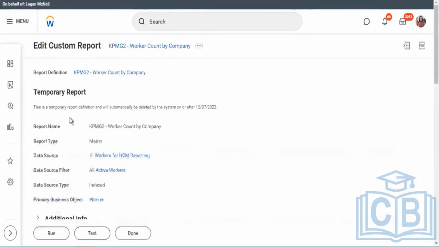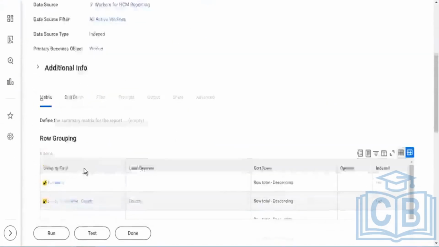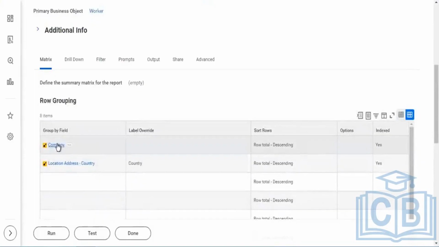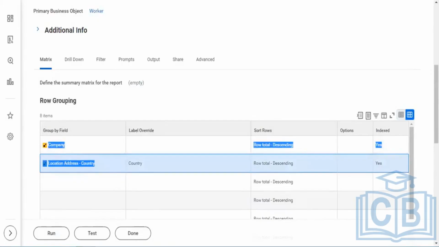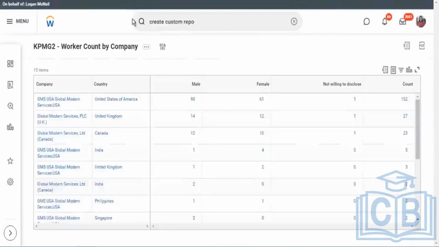Based on the grouping parameters I defined, it is giving me output based on these two groups. And it again shows all permutations and combinations in terms of data. It still shows me all the values. Now this data doesn't make much sense, certainly not structured correctly. I would expect all GMS USA to be listed together